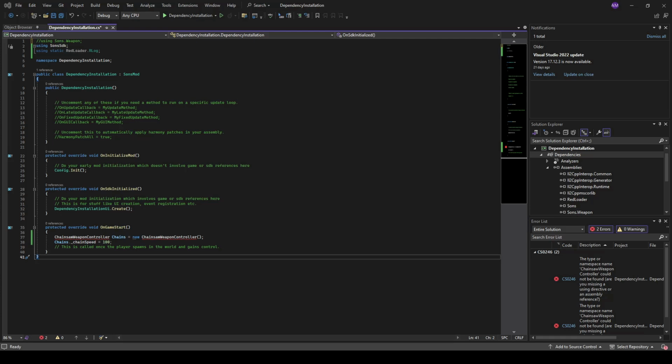Here is a quick and simple tutorial on how to install Sons of the Forest game dependencies. At some point while modding Sons of the Forest, you are going to want to access certain categories of data so you can mod different things like weapons, NPCs, player stats, and so on. By default, these are not automatically installed in the template. We are going to go over how to install these and how to find out the one that you need